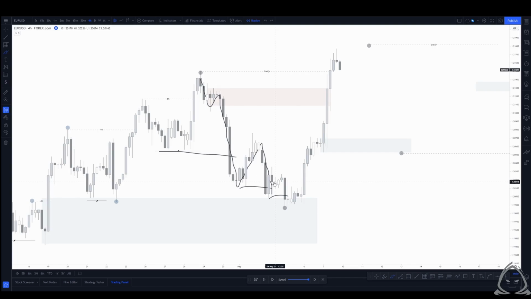So in that case, if we're looking at it here, we would have some substructure. We have minor structure being created within this candle. Again, it would be seen more on a lower time frame. We get this sort of price action that creates the lowest low. We break to the high and we start creating a large impulsive leg. So on the 4 hour, yes, we can consider this the start of a bear trend,